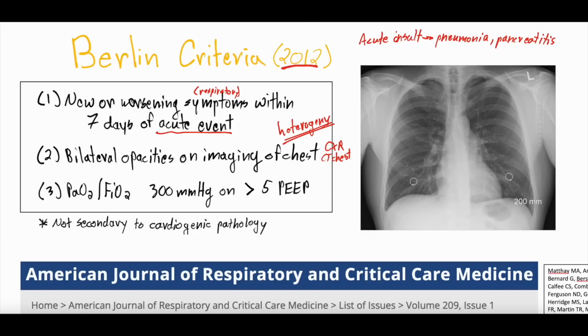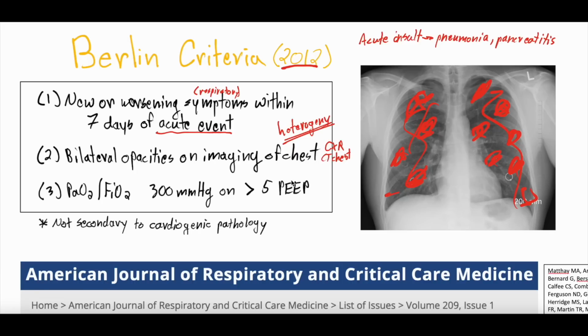This is a normal chest x-ray. So what you'd expect with ARDS is you'd have bilateral patchy opacities diffusely that show up as that white fluffy color on both sides of the chest. You'd have these bilateral opacities. And again, you can get that in a couple different ways, chest x-ray being the most common.